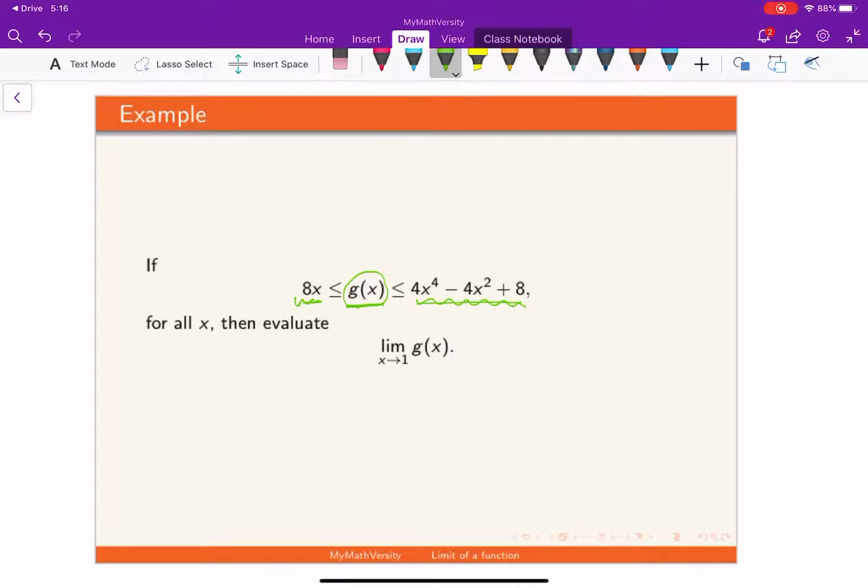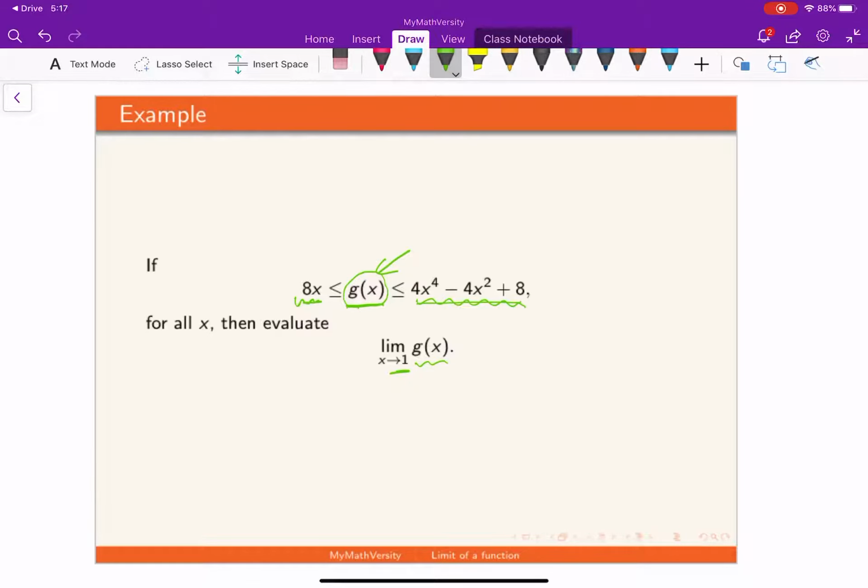If the function g satisfies that condition, then our goal is to find the limit of this function g of x at 1. How do we work on this example? We don't even know what g is. Explicitly, we don't know the rule. So which rule do we apply? How do we find the limit of this? Do we even know that the limit exists or not? I mean, we don't know the function itself. What can we do here?